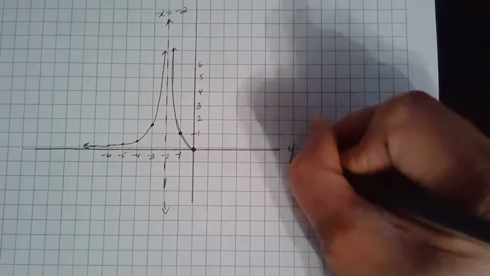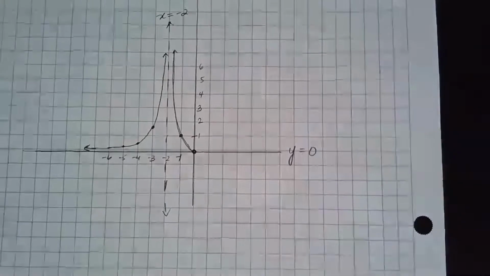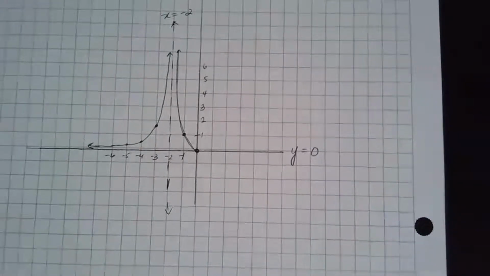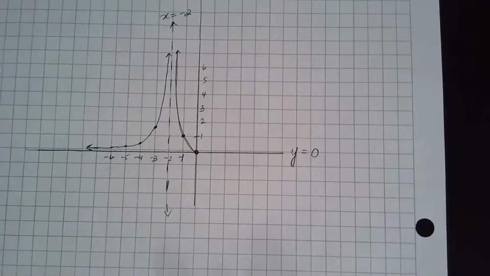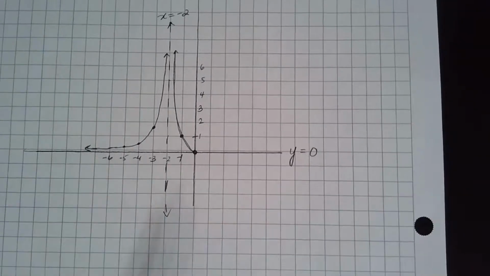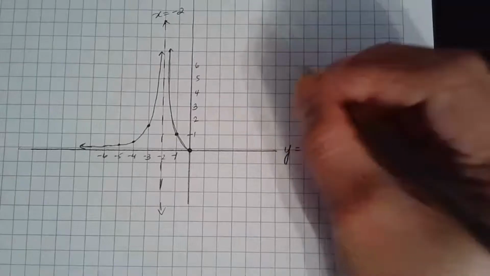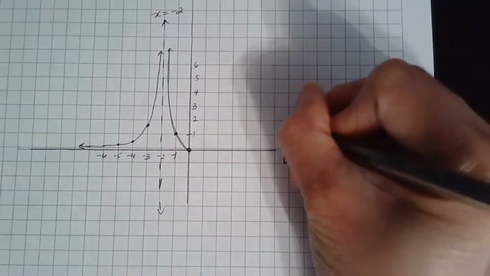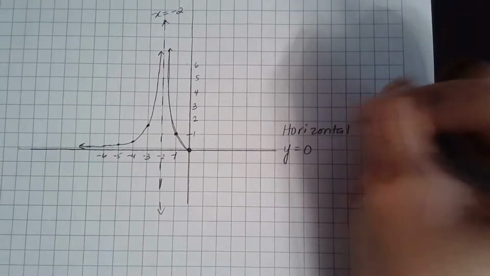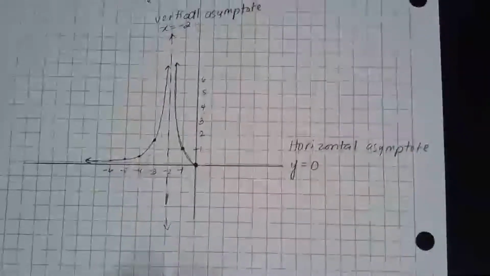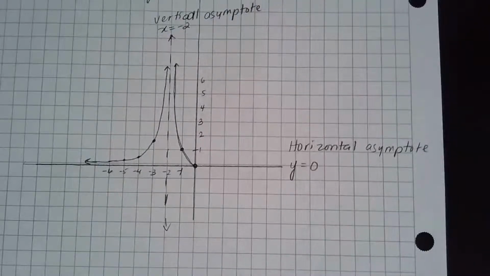This is the other asymptote, y equals 0. And why is that y equals 0? Because the degree of the denominator is way bigger than the degree of the numerator. So if we divide it, it's going to approach y equals 0 for that one. Okay, so this is the horizontal asymptote. Okay, so in that case, we've graphed the f of x